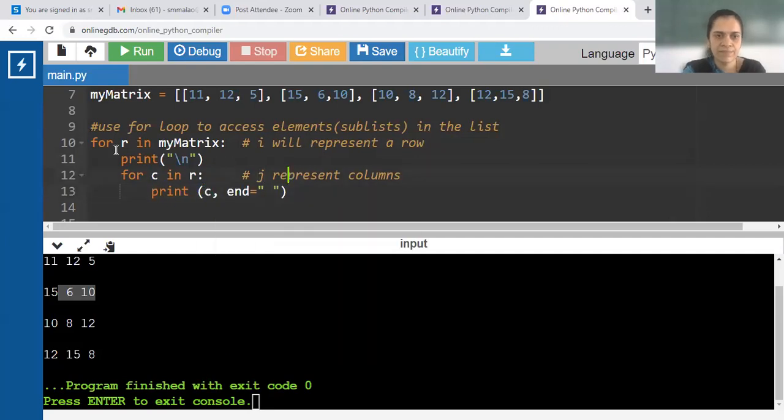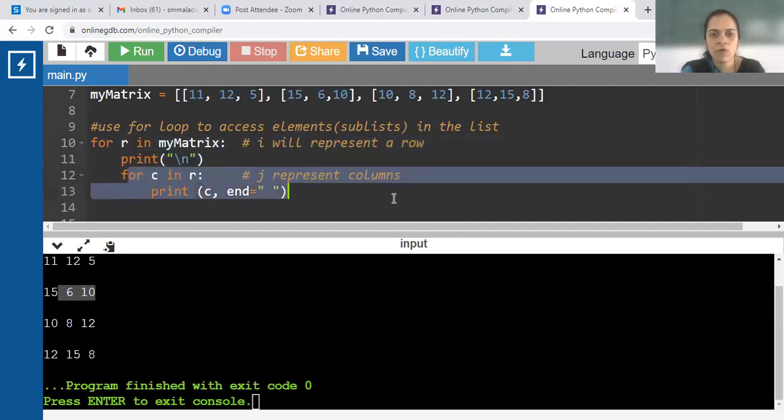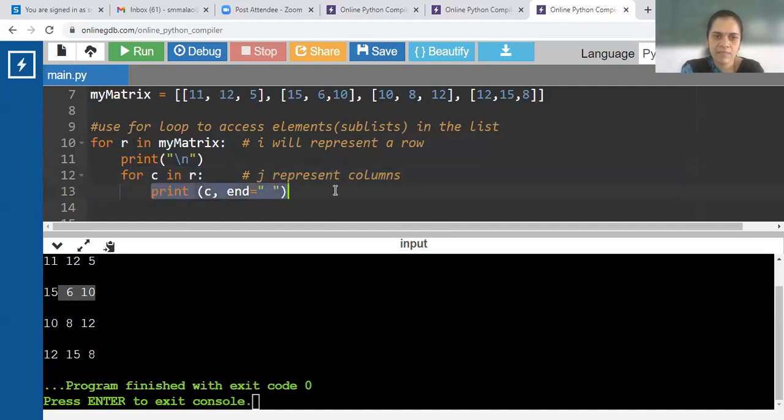So the outer for loop represents rows of the matrix, the inner for loop represents columns of the matrix, and we can write statements like this print statement, which is printing an individual element of the matrix.